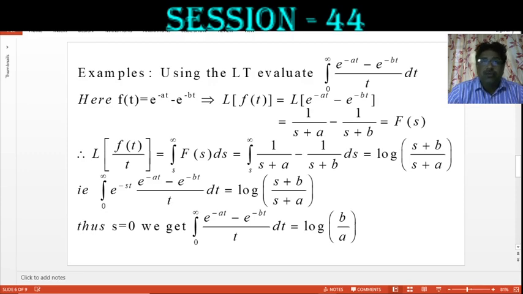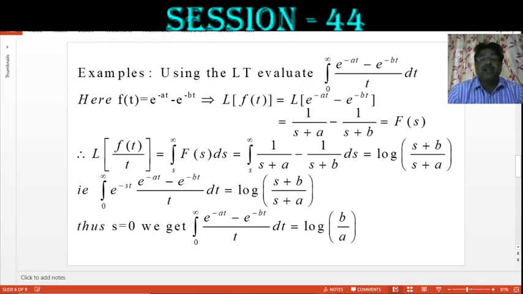We can make use of that previous theorem result to evaluate the Laplace transformation of such types of examples. Using Laplace transformation, evaluate this integral: the integral from 0 to infinity of (e raised to minus at minus e raised to minus bt) divided by t. Now, you can